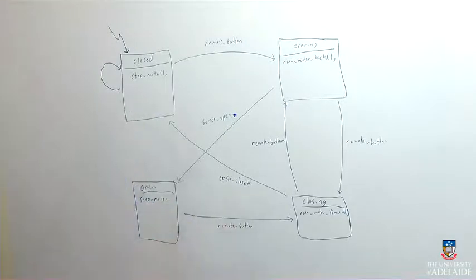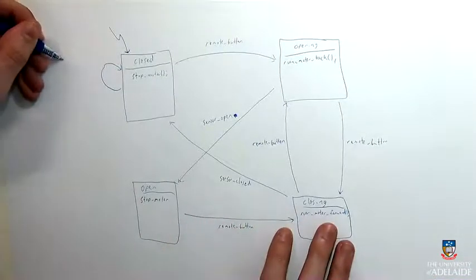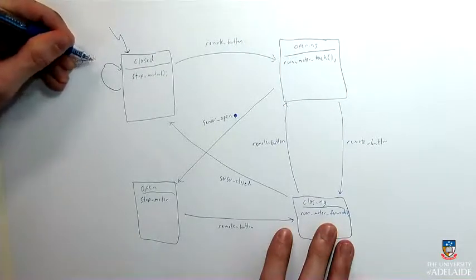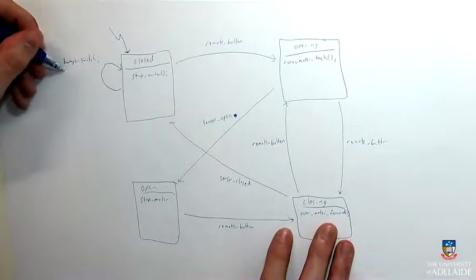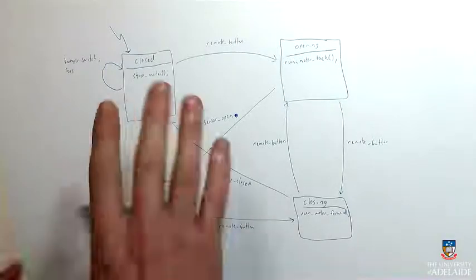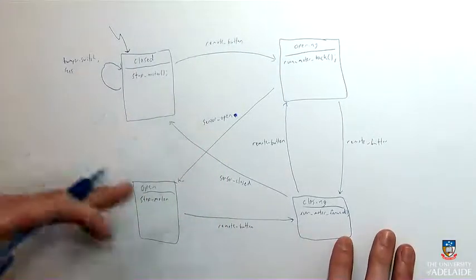Now, for the closed state, making sure the motor is stopped every time I receive any input into the system is probably not a problem, but I might not want to resend the signal to run the motor every single time when I'm in the opening state. Let's just roll with that. That's how we want things to work for the time being. So if we say we have the bumper switch, so if we're okay with the motor being explicitly triggered to stop every single time we enter the closed state, or even when we re-enter the closed state,